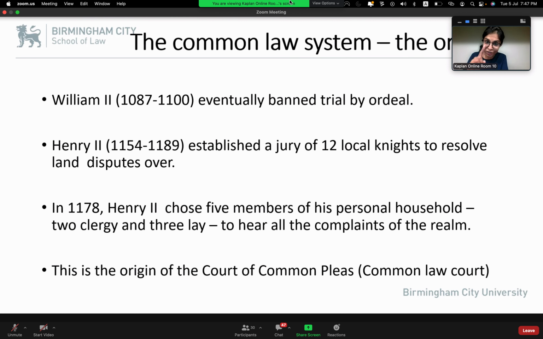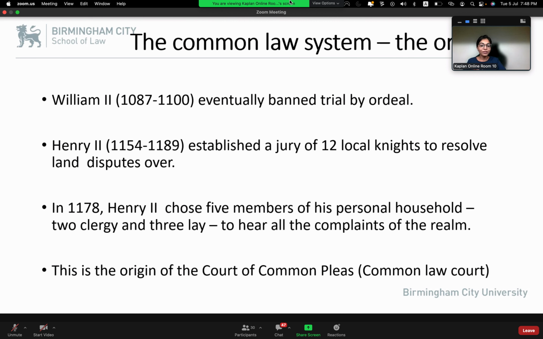Today, in our courts hierarchy in the UK, it is called the Queen's Bench because we have a queen. But that's the reason why it's called the King's Bench and Queen's Bench. And do you also know, back then, because England is huge, the king used to travel around England to resolve disputes? And the same practice is done right up till today, but not by the king, by the High Court judges in the UK. High Court judges are occasionally assigned to other parts of England for historical reasons.